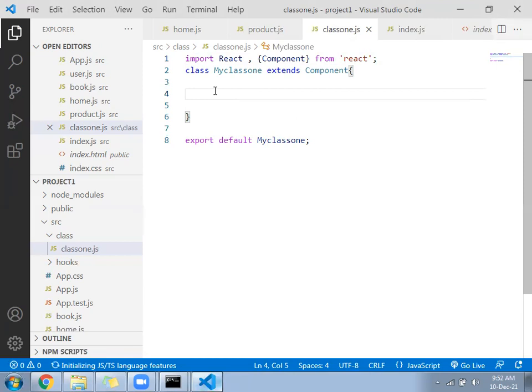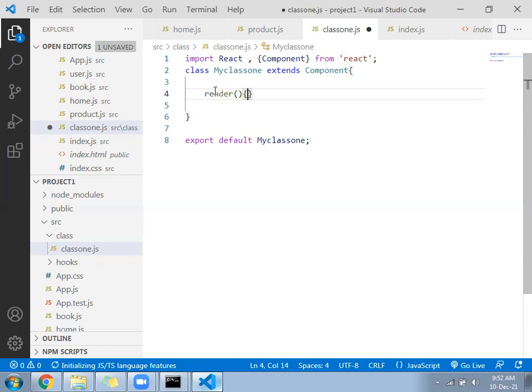So whenever you implement the class component, to print any output using the class component, you have to use a predefined function that is called render.